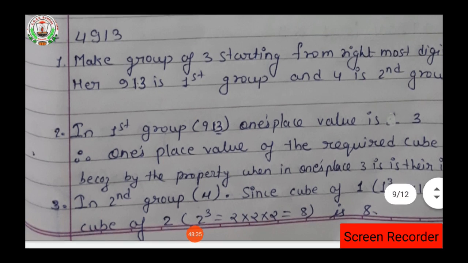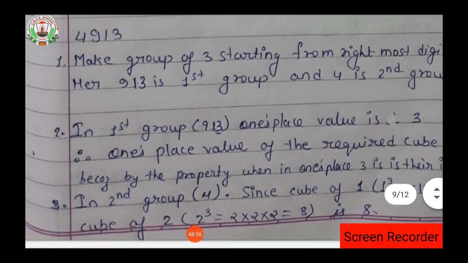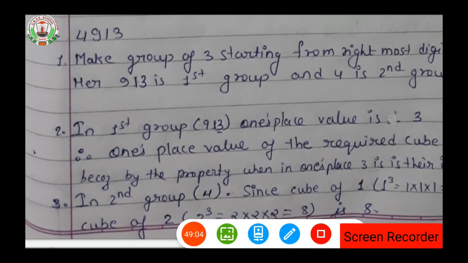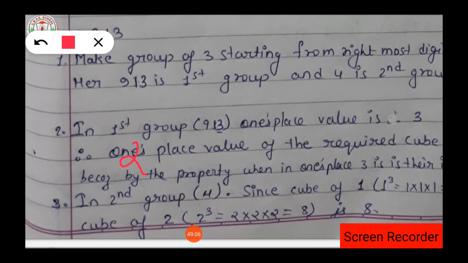ठीक है, तो यहाँ पर 931 में फर्स्ट ग्रुप है, इस फर्स्ट ग्रुप में वंस का प्लेस वैल्यू क्या है, 1 है, मतलब क्या होगा यहाँ पर उसके क्यूब रूट में जब हम उसका क्यूब रूट निकालेंगे तब वंस प्लेस पर आएगा। ठीक है, देन सेकेंड ग्रुप हमारा क्या है, सेकेंड ग्रुप है 4। इस सेकेंड ग्रुप में क्या देखना है कि 4 जो है वो किसके नंबर्स के बीच लाई करेगा। सो 2 टू द पावर 3 इज लेस देन 4 इज लेस देन 3 टू द पावर 3,